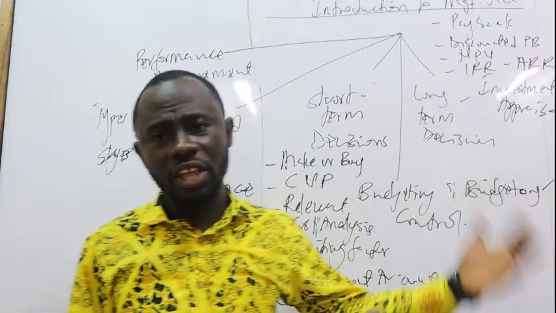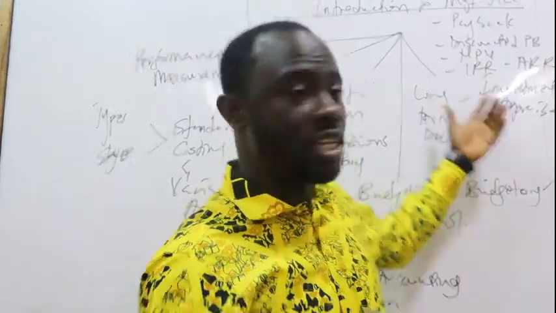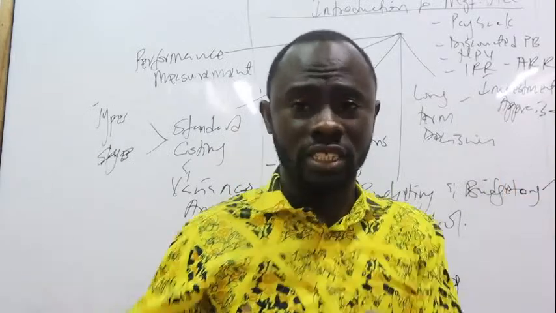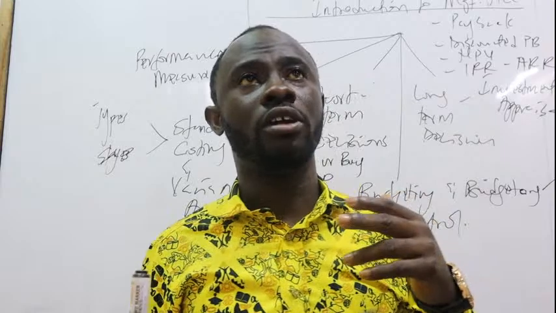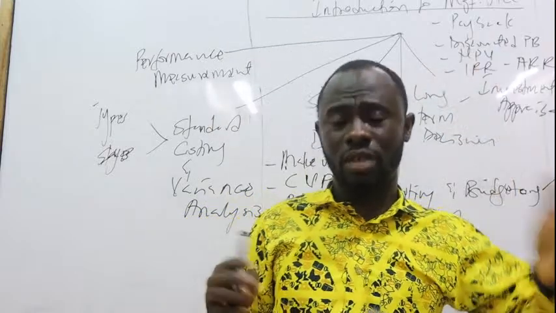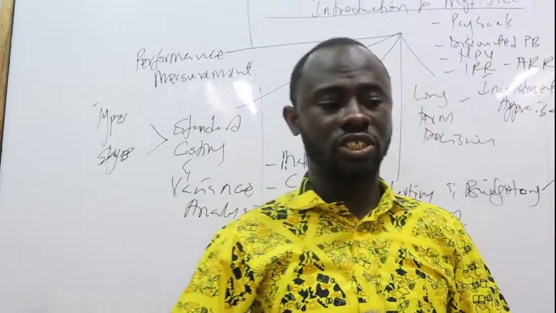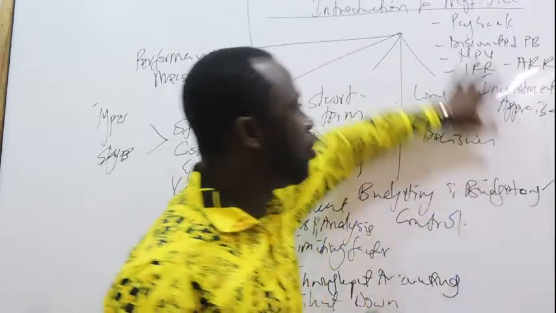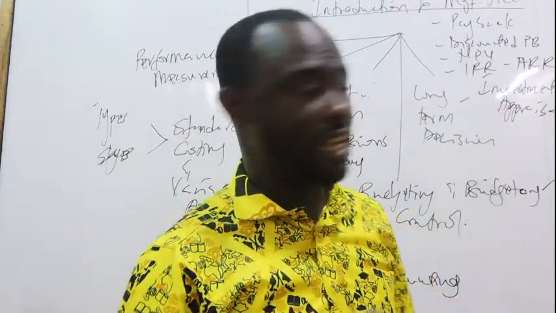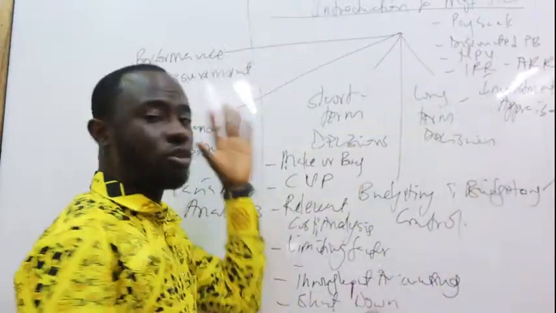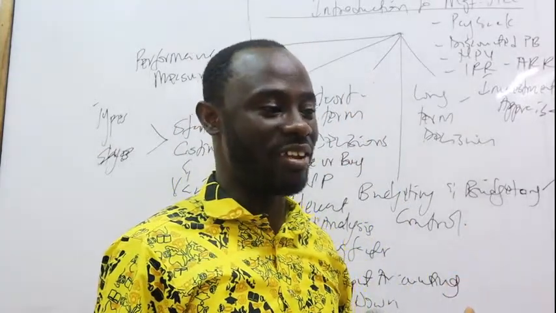Now, not only that, we also have some other models that I've not mentioned here, things like total quality management, and dealing with the issue of the just-in-time system. All these are models used to evaluate an organization's performance. So all these are some of the things you can add there. When it comes to management accounting, these are the things you need to understand about it, right?